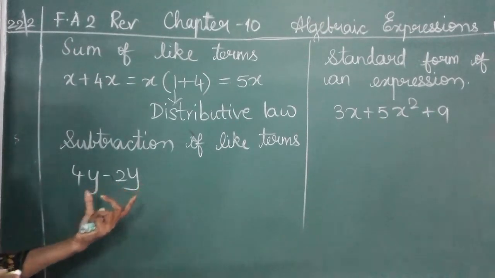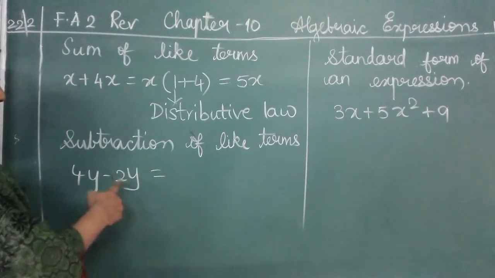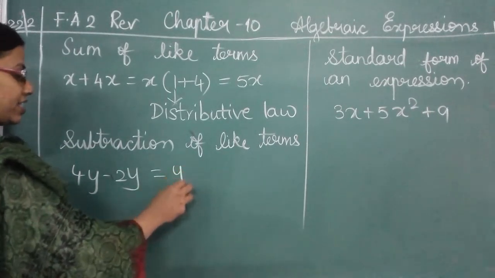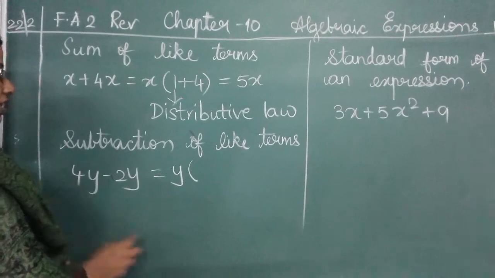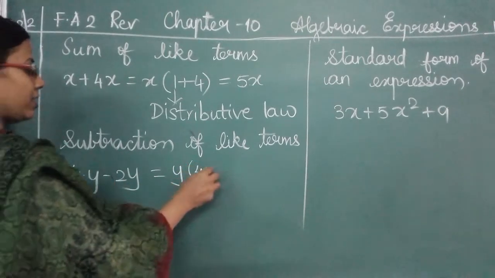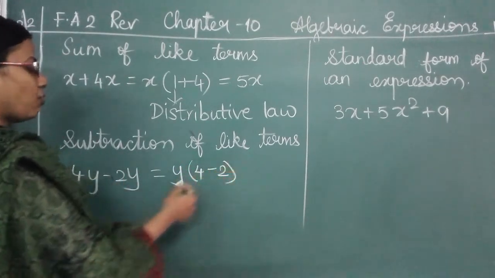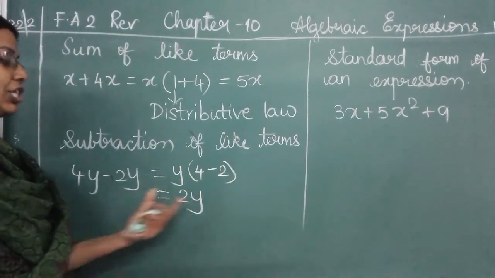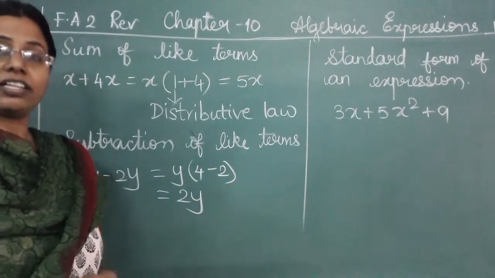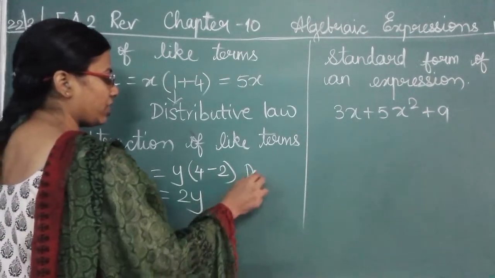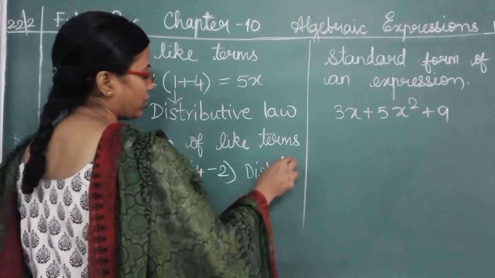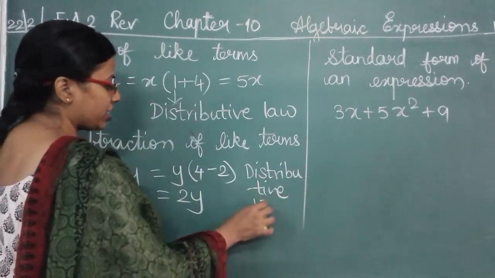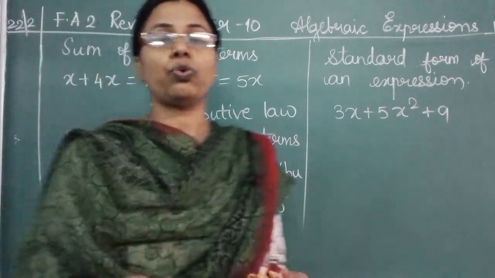Here you can see that both the terms are having y common, the same variable. So let us take y common. So what is left? 4 minus and 2 is left. 4 minus 2 is 2. So it is 2y. Which law are we using here? Distributive law. Okay. So this is for your understanding,